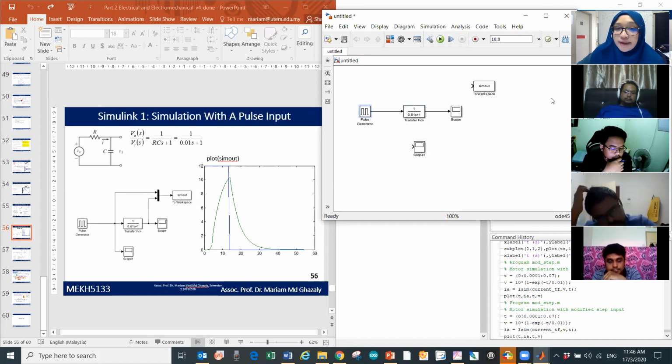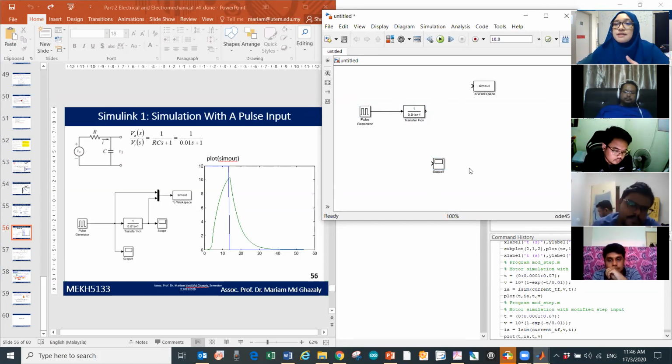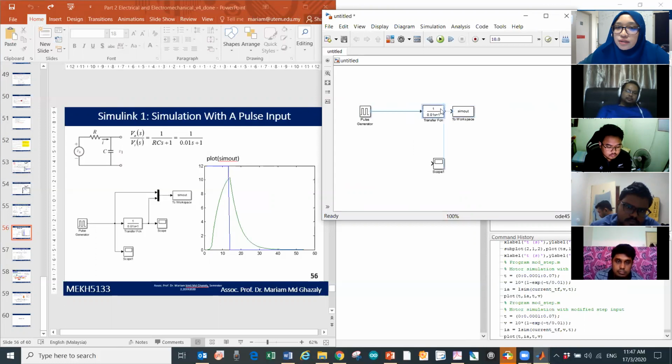There's no feedback. Okay, so the reason that you want to have the scope is that normally we don't have the scope connected. Scope is just for us to look at visually when we run it. But normally we want to collect the output somewhere, right? Because we want to collect it and we want to plot it. Okay, so we plot it in the workspace,